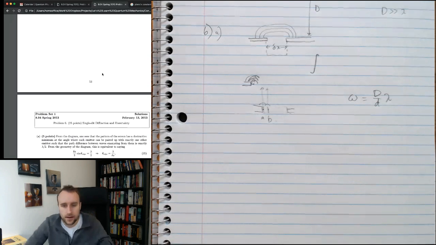From the diagram, one sees that the pattern of the screen is a destructive minimum at the angle where each emitter can be paired up exactly with one other emitter, such that the path difference between the waves emanating from them is exactly pi over 2. From the geometry of the diagram, this is equivalent to saying,